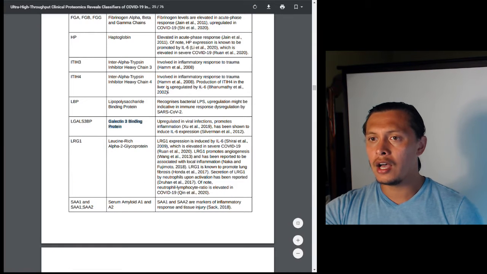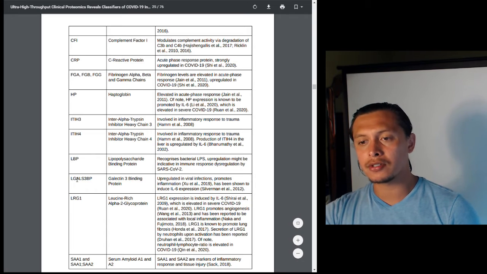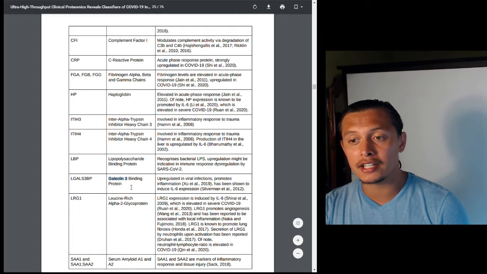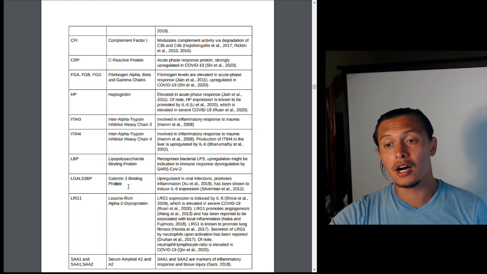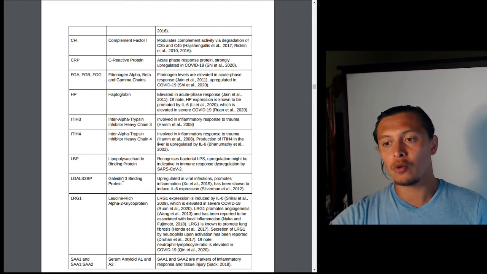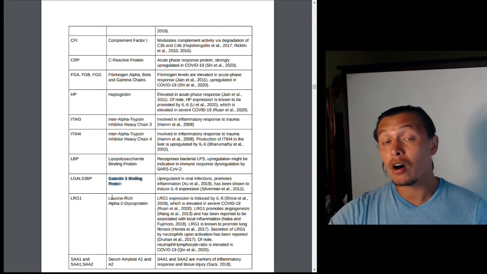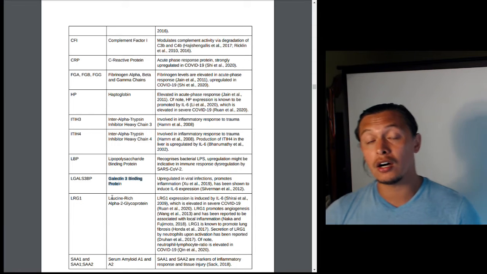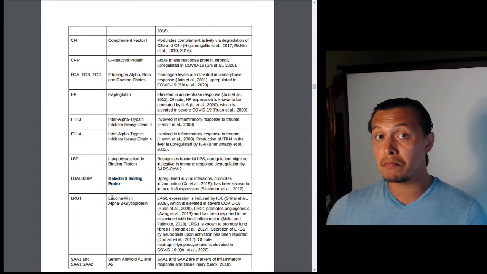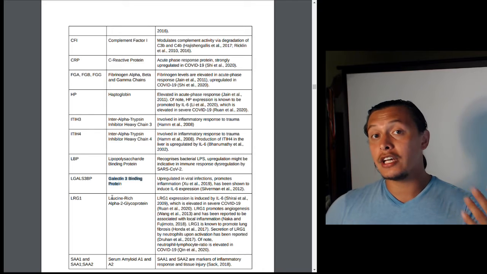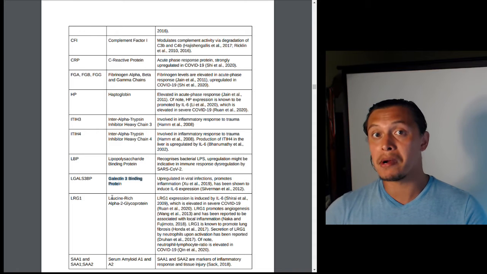Okay. So with that, I will divert my attention to the Cell paper that I did a video on earlier today, where we were talking about Galectin-3 binding protein being upregulated in COVID-19 patients. So what does this Galectin-3 binding protein have to do with anything? Well, one, Galectin-3 binding protein is also associated with the production of interleukin-6, and this process is mediated by its interaction with Galectin-3. So remember, this is Galectin-3 binding protein.